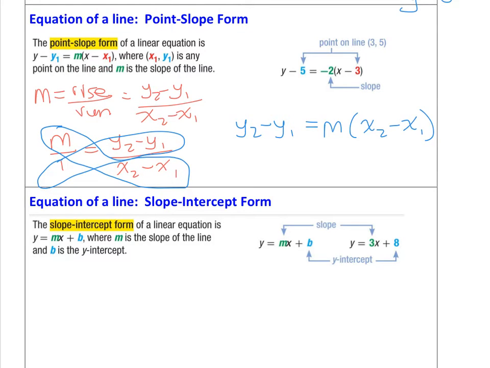The only difference that we have in the formula is we don't want to drop our dependent and independent variables. So I'm just going to rewrite that as y minus y1 times the slope of x